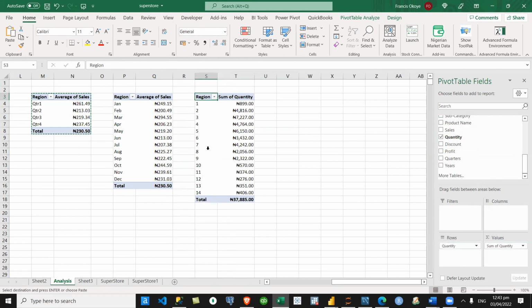So what am I doing now? I'm turning that quantity into a categorical variable. So in terms of how many items did I sell: just one item, 2 items, up to 14 items.